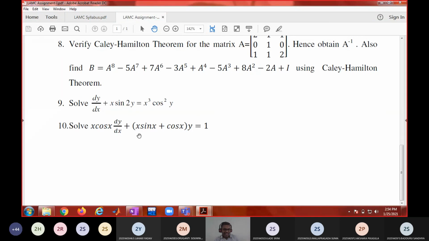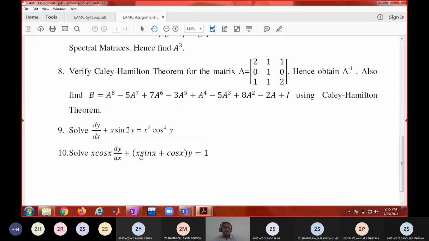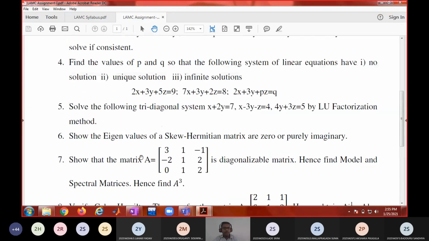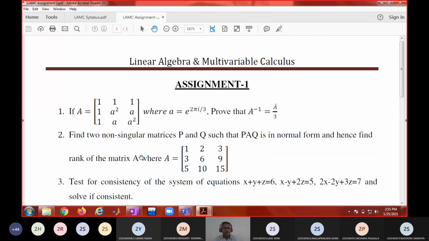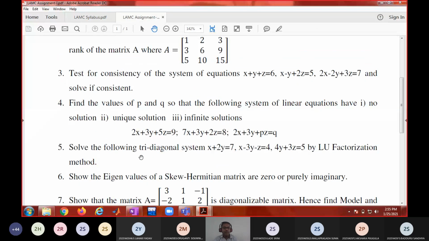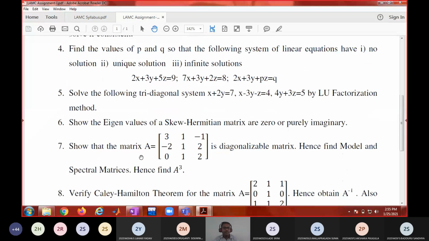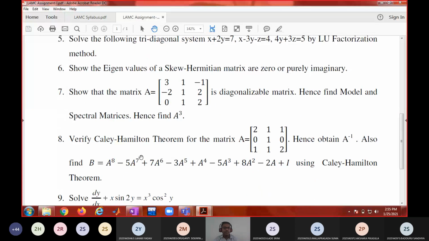Now I think, did I solve this problem or what? Yes, sir, I already solved this. Okay, this is what came in examinations also. So I think you should have told me. Okay, so you try the 10th problem and also the homework problems. Any difficulty in solving these homework problems? Are you able to solve?